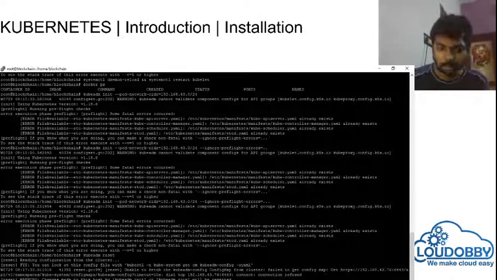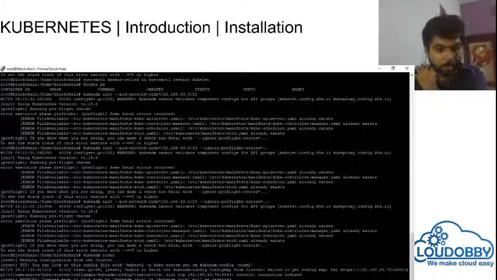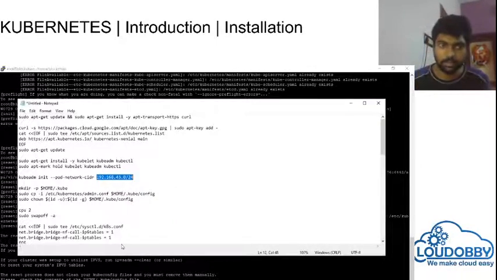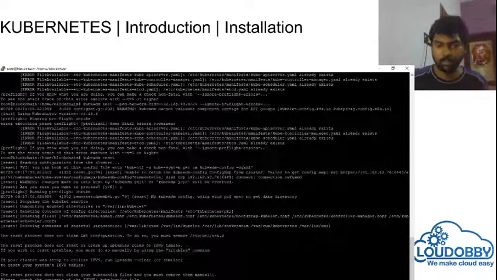Guys, I think I have made a little mess and I'm struggling, so I found a new command called reset. So I'm going to reset my setup. If you guys also face an issue with kubeadm init, then try to reset kubeadm.